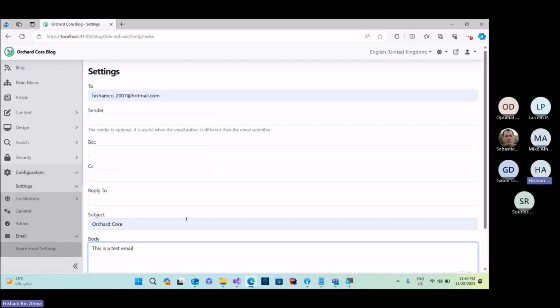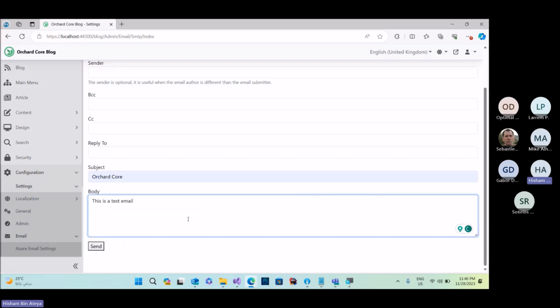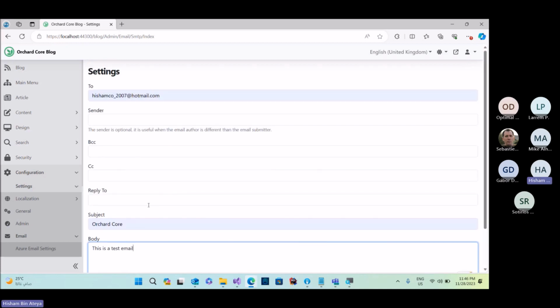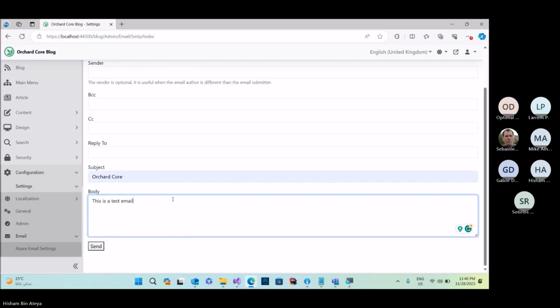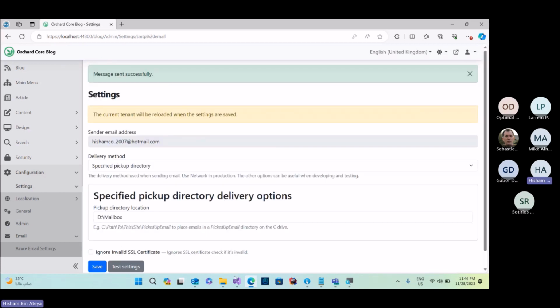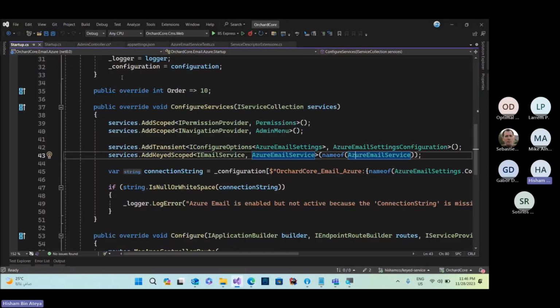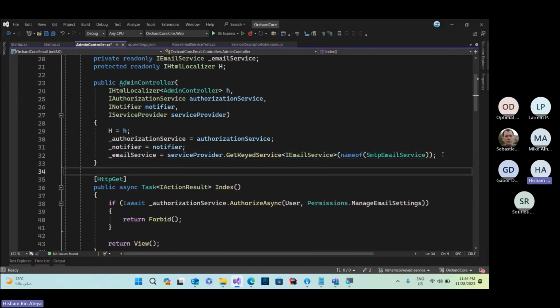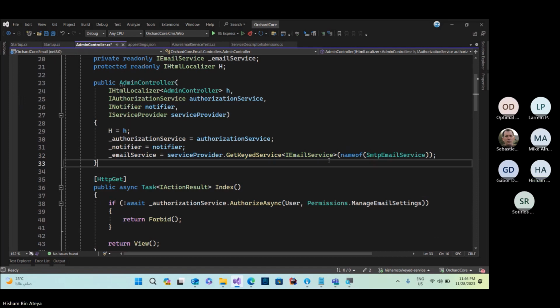If we register it the previous way, the DI will take the Azure implementation, which will break this UI, but using the keyed service, both should work fine. Now, if I send an email, it works fine because in the controller here, I tell the DI, please give me the SMTP implementation, even though Azure is the latest service registered as an IEmailService implementation.